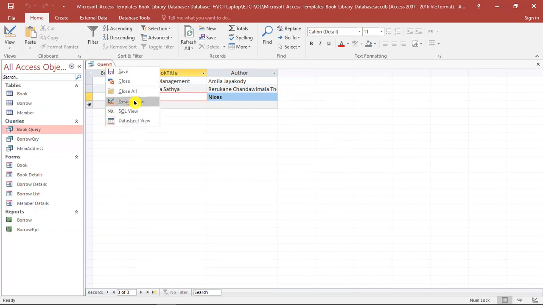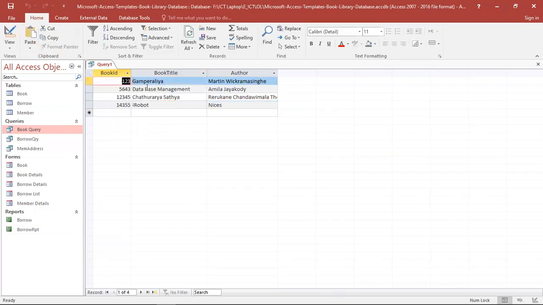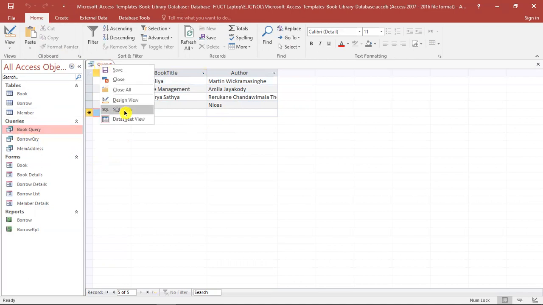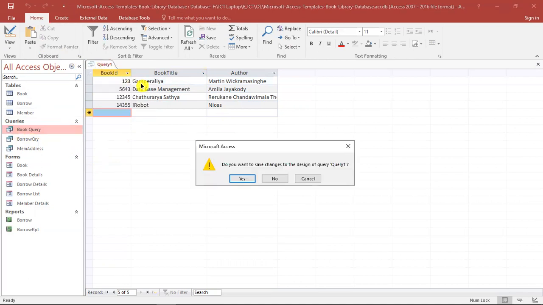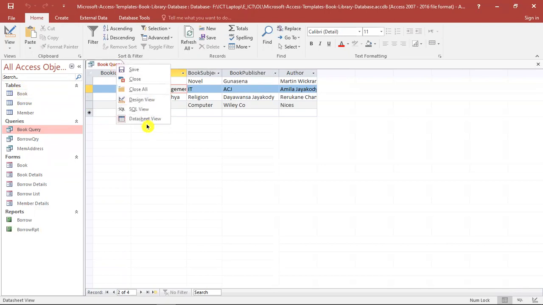We can change this also again. If we delete this criteria and run again, we can see each and every book, right? Then I'm going to delete this also. There are a few queries I have created earlier. And I can enter data using forms as well as tables.